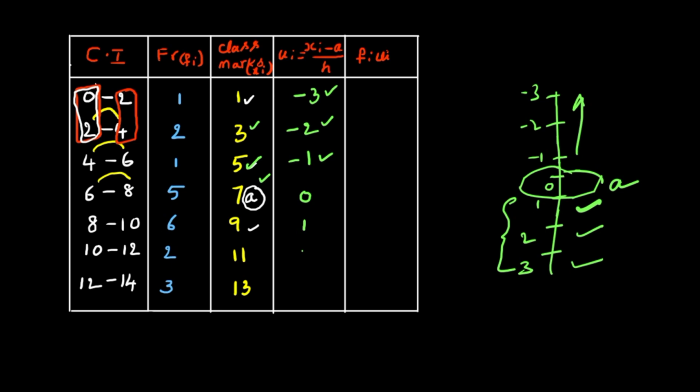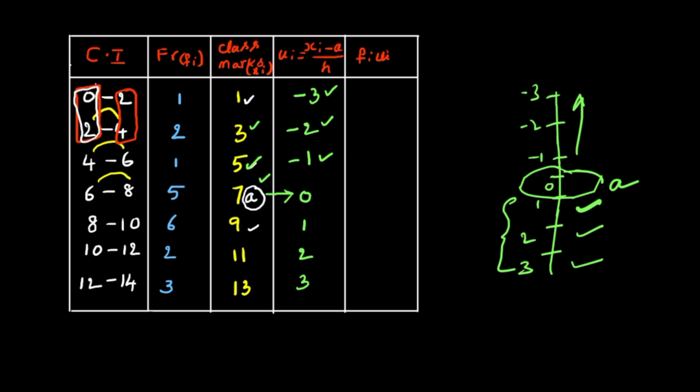That 1, 2, 3 is here. I hope you understood how to take this one. So your target is, first of all, when you get the assumed value, take it as the opposite number, 0. Above 0 you can take values like minus 1, minus 2, minus 3. Below 0 you can take values as plus 1, plus 2, plus 3. Okay, so this is one technique. Don't forget, it is only for when the class sizes are equal, then only we can use this concept.